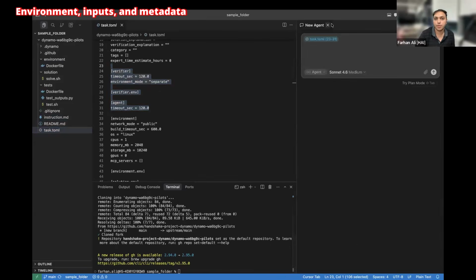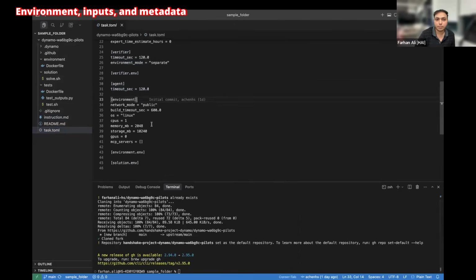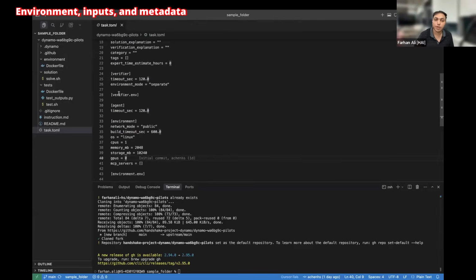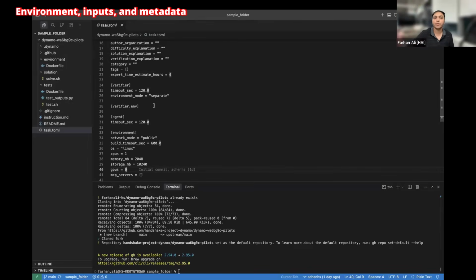And this build timeout is for the Docker. The Docker build should not exceed more than 600 seconds. There is a three-step process here in Terminal Bench: first the image gets built, then the agent runs, and then the test cases are verified. Each of these processes has its own timeout given. Since all three are running inside a container, and the test cases are running in a different Docker itself,